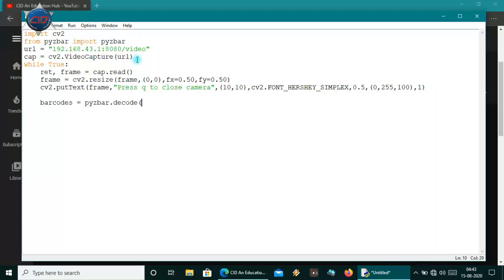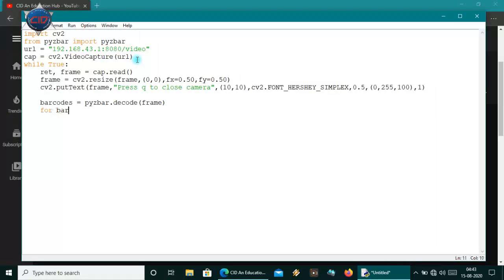This method extracts all the barcodes from a single image, so I will pass the frame. Now under a for loop we'll extract each single barcode from the barcodes variable, because there may be many barcodes or QR codes in one frame or one image. So we'll extract all the barcodes.